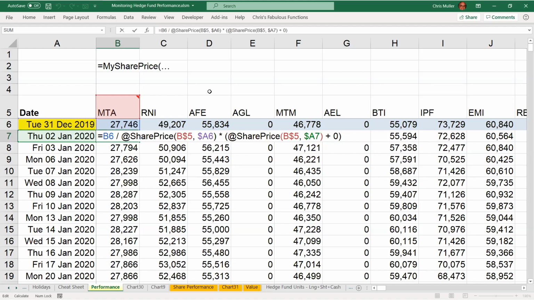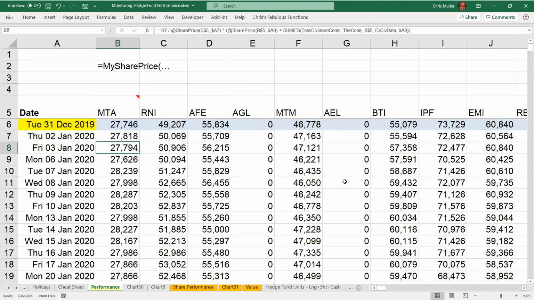So to get the value on the 2nd of January, I take the value on 31st of December, divide by the share price yesterday, and multiply by the share price today. Simple as that. So that's the A6, that's the A7. And remember to add a dividend. To add the dividend,